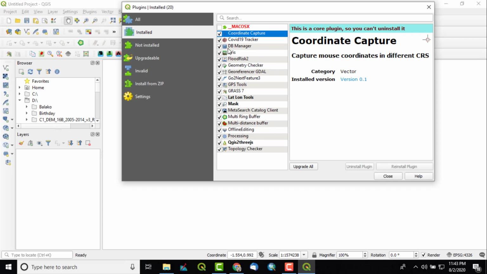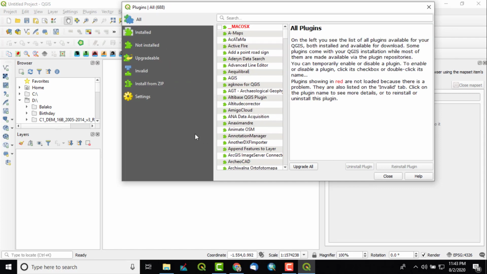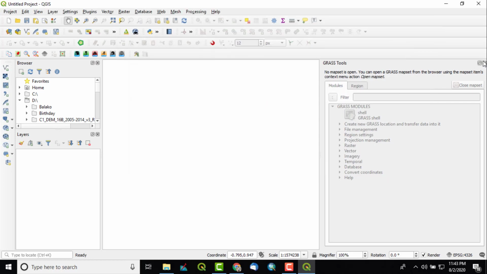And suppose you already have some installed plugins, the software shows them here and they are not checked, like this. So we have to check them, because only after checking can you use them. So that care you have to take. So this was about the plugins. Then I will close it.